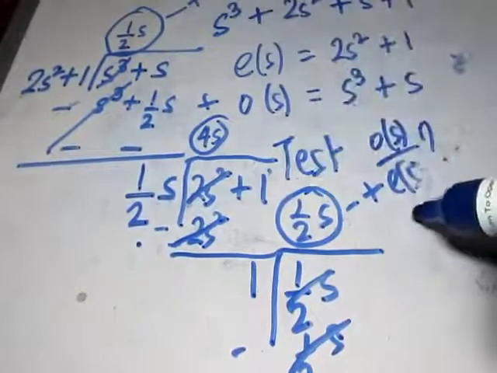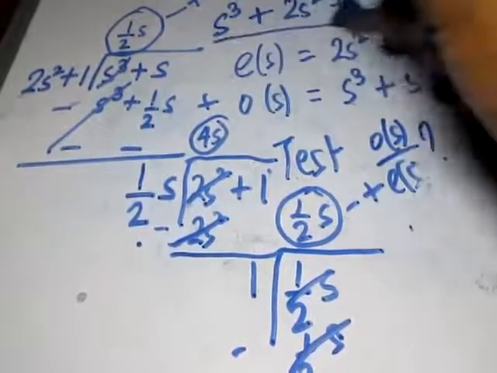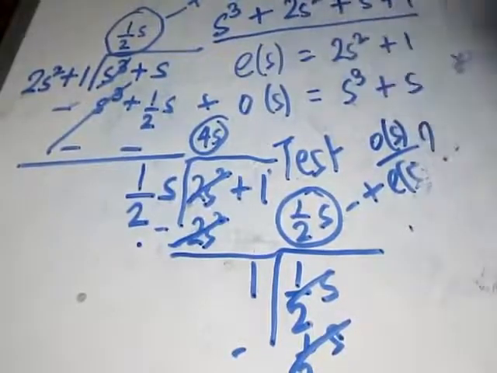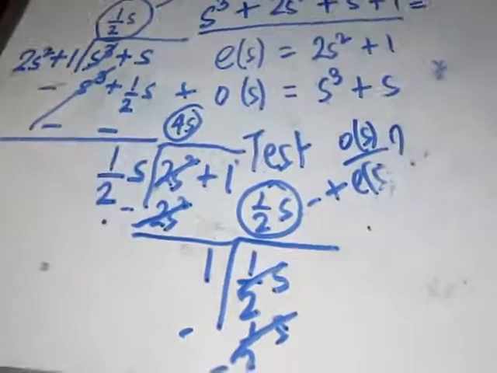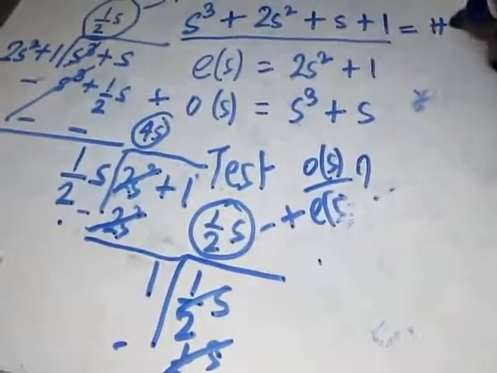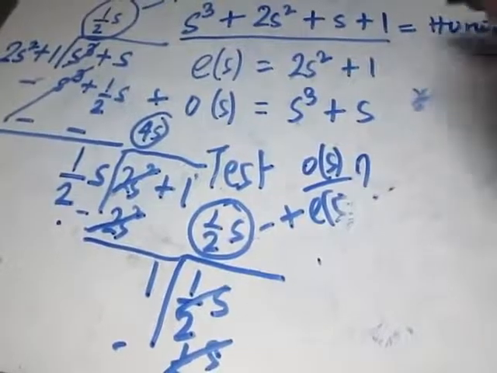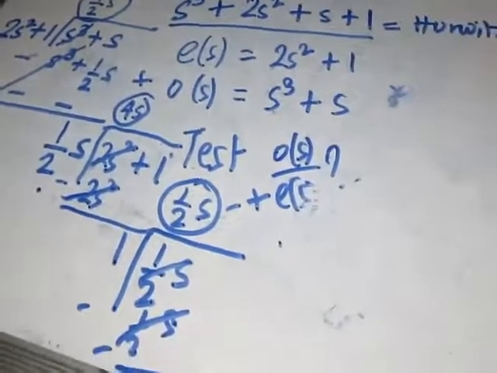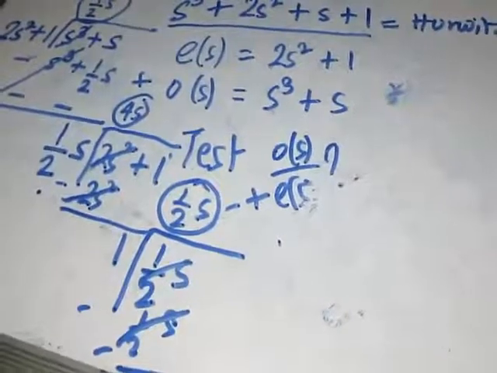Now we can state that this given polynomial, let's say P(s), is a Hurwitz polynomial. Now let's take another example, a similar type. Let's take P(s)